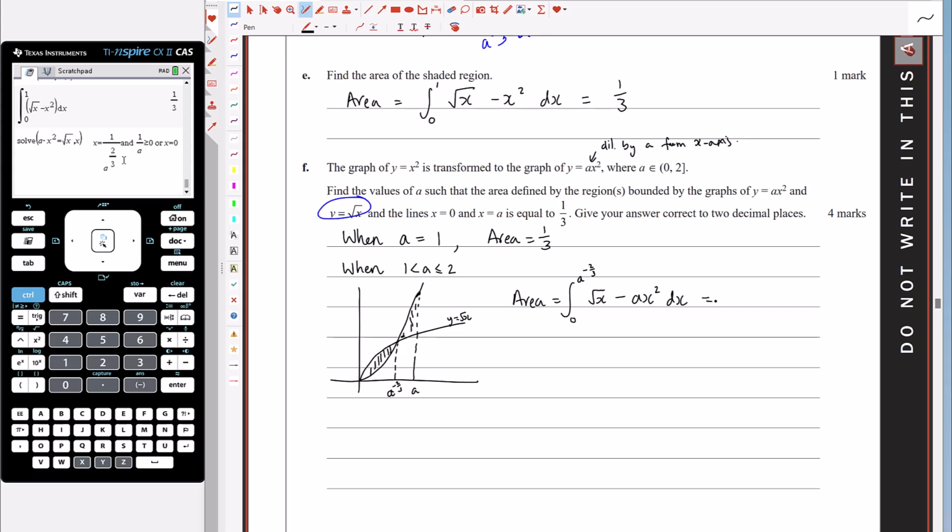And we want to work out what a is when that equals a third. Okay, so that area has to be a third, so let's solve that for a. So we're going to solve, shift plus, integrate from 0 to a to the power of negative 2/3 of square root of x minus a times x squared with respect to x, and then plus, shift plus, the integral from a to the power of negative 2/3 up to a